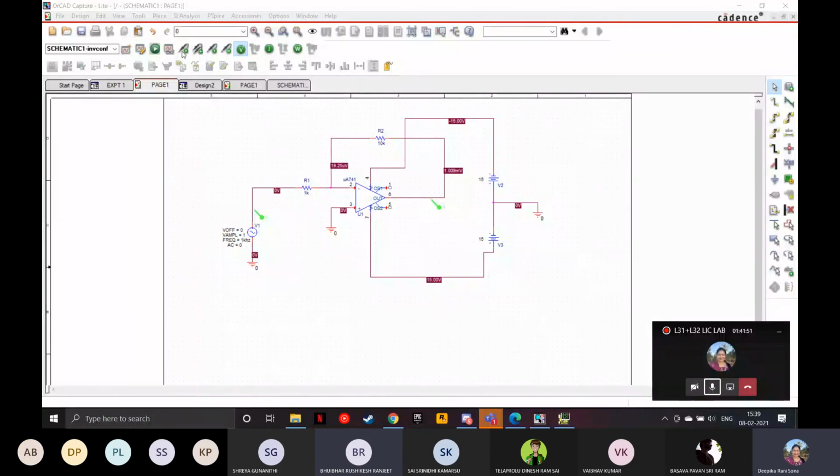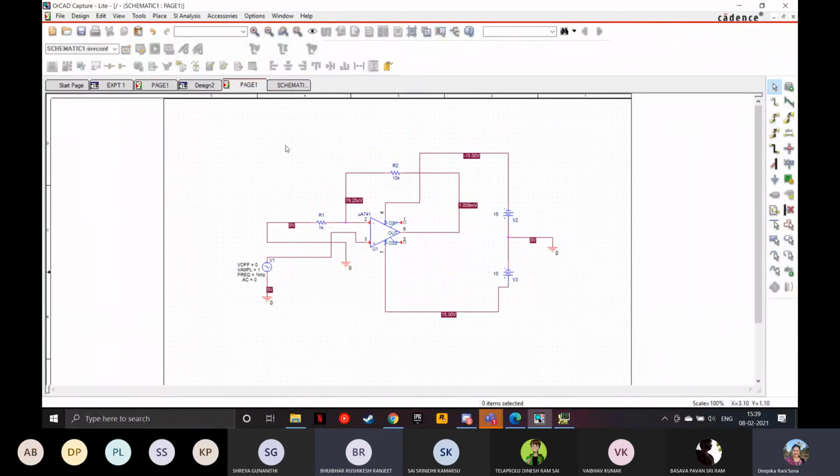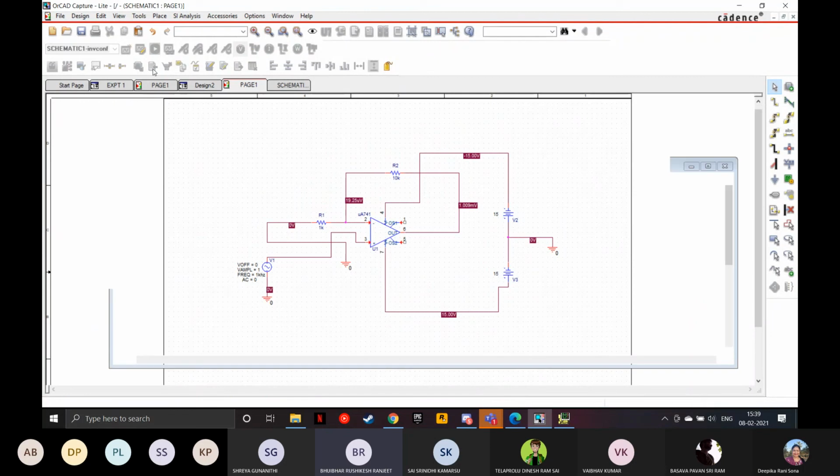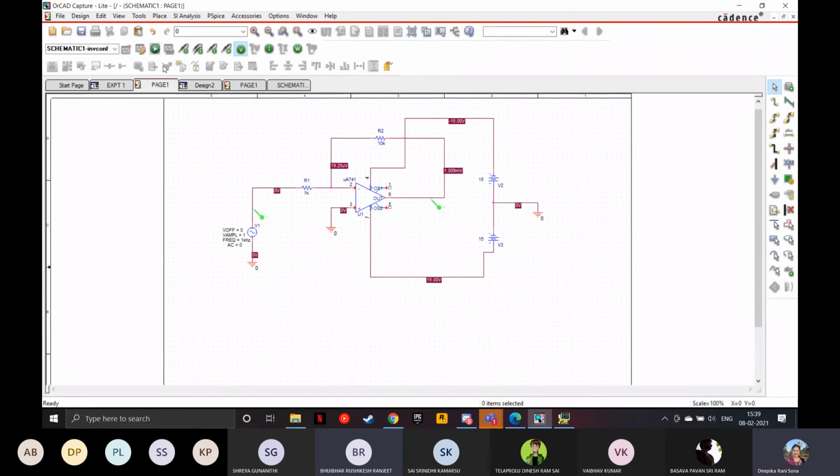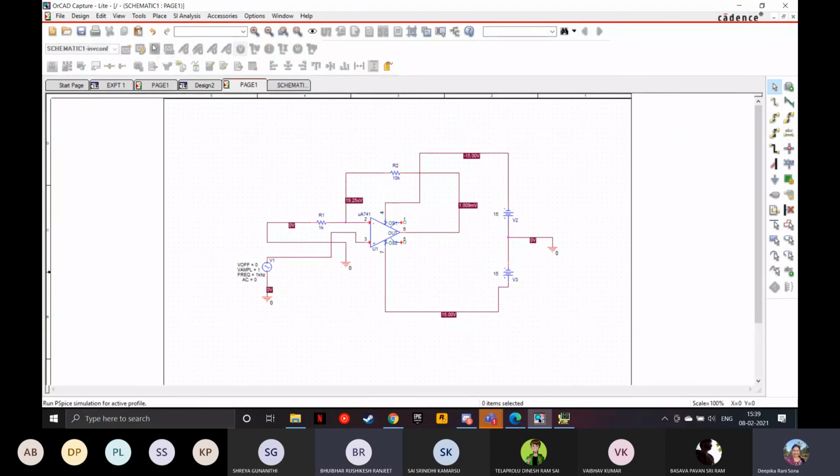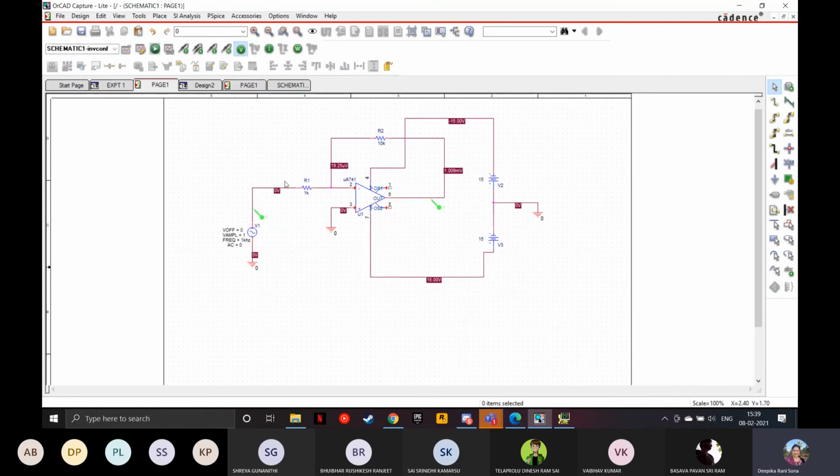If I stop this simulation and do this non-inverting, then how to stop this simulation? Same like that only. You need not stop also. It is stopped already. Just close the simulation window and do the modification in the same window.